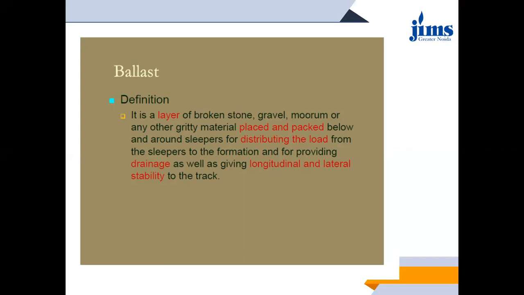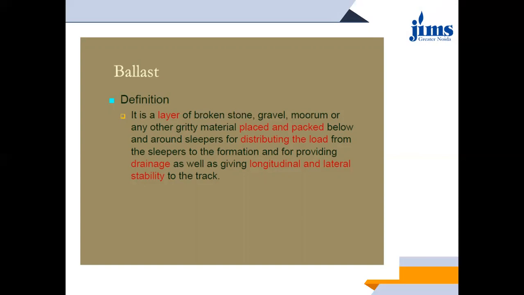In other words, if you want to understand, it's not necessarily by this definition, and it's not necessarily the aggregates which you use. If you have seen the ballast, you might have seen that it resembles quite similar to the granite aggregates which we use in construction or making of concrete. So it need not be the aggregate itself, but since they are the most suitable materials, those broken stones or aggregates are used on the Indian railway tracks.